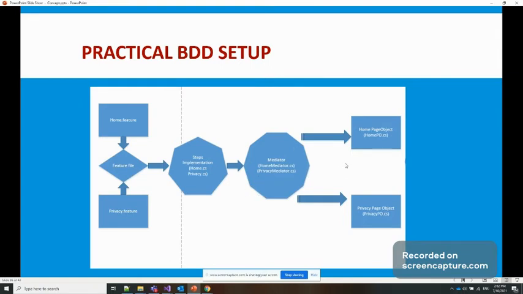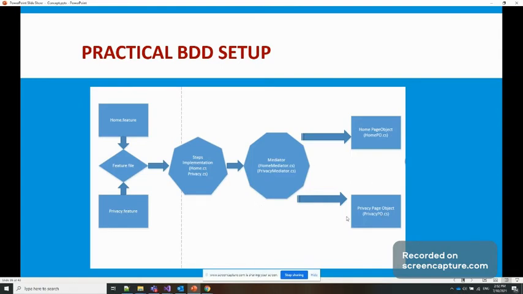After that, again we have the page object. In this page object we have homePO.cs. You can correlate, like homePO means the page object .cs file, and similarly there is privacyPO.cs. In the PO.cs, we are identifying all the IWebElement of the website.